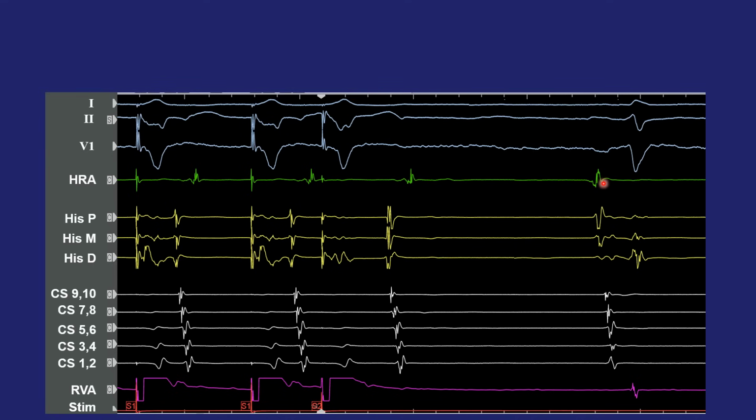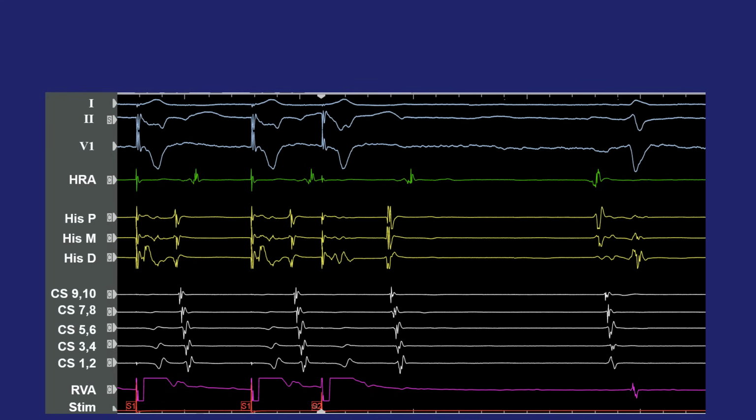And in fact, if we skip to the intracardiac electrograms on that last beat, we can see that the high right atrial catheter is first, followed by the atrial deflections in the His catheter, followed by CS 9-10, 7-8, and out to 1-2, all consistent with right to left activation of the atrium, followed by a His deflection and a QRS. So this is a sinus beat over here on the right,